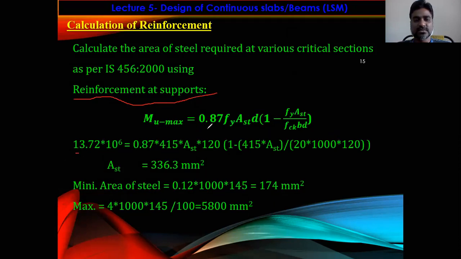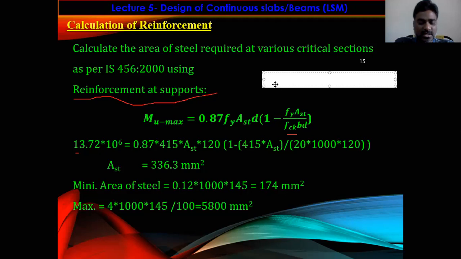So M_u max equal to 0.87 f_y A_st d (1 − f_y A_st / f_ck b d), right? So this is not a new formula. It is derived from the basic formula, that is M_u is equal to tension force into lever arm, that is 0.87 f_y A_st into lever arm, d − 0.42 x_u,